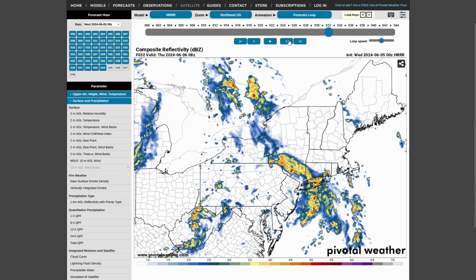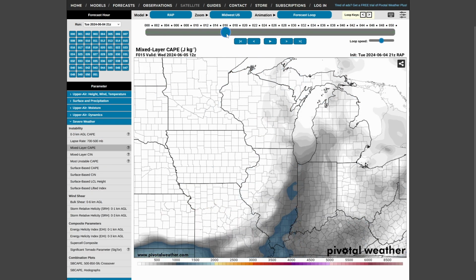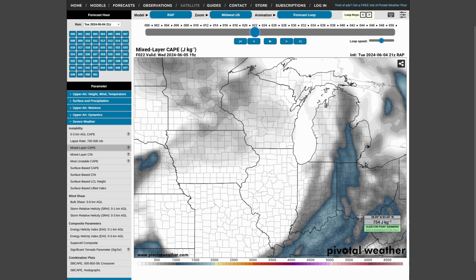And then going into very late tomorrow night into early on Thursday, you still just have a little bit of a chance of maybe some strong storms and just showers overall into parts of the mid-Atlantic here, and then into the Northeast as well. Now looking at our instability for tomorrow on Wednesday, your instability will probably peak around the early to mid-afternoon hours into the later and then earlier evening hours,